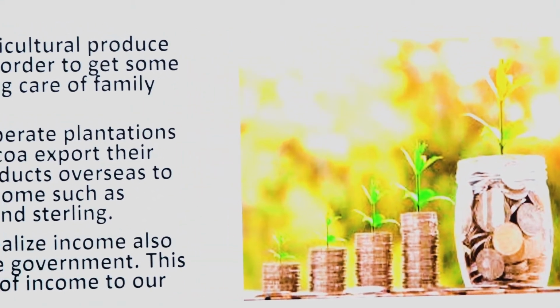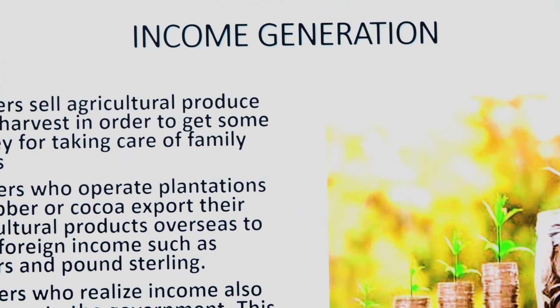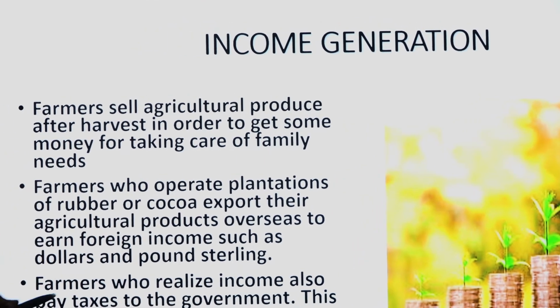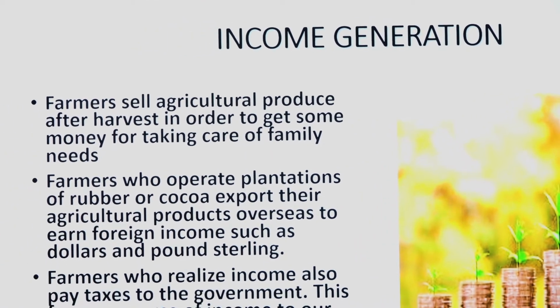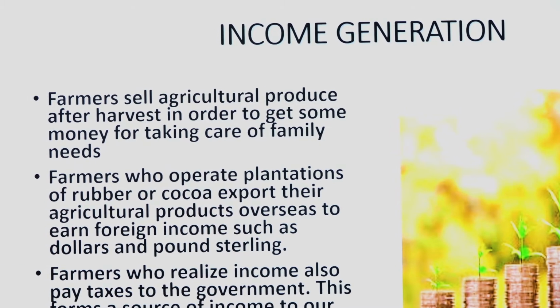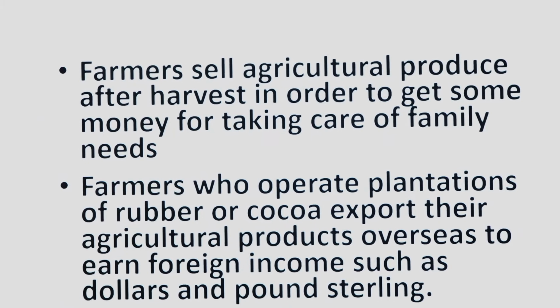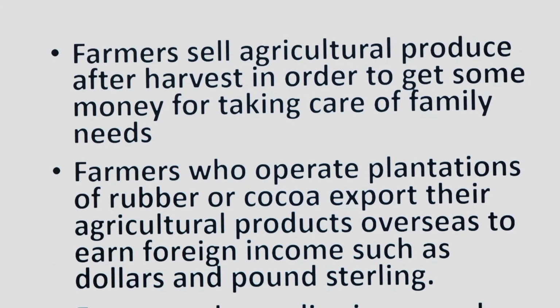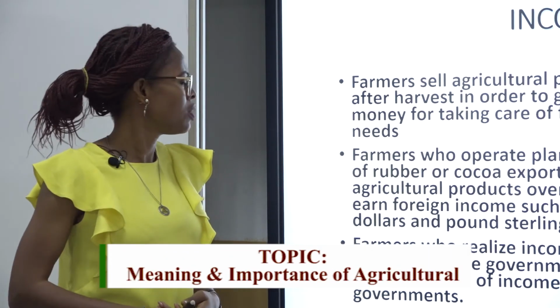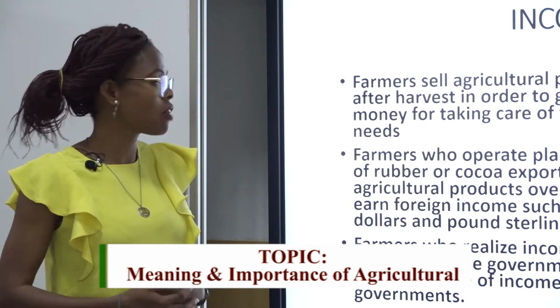How do you get income from agriculture? When farm produce is sold to the market, what do farmers get? They get income from what they've produced for the year. After harvesting them, they sell them. They either keep some for their needs or they sell them to the market, and from there farmers get